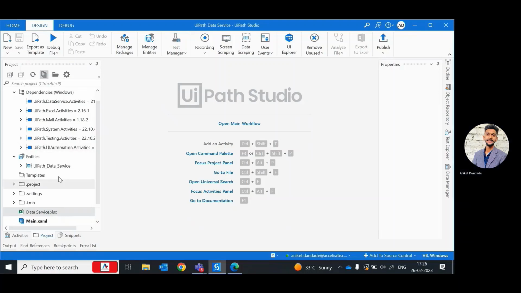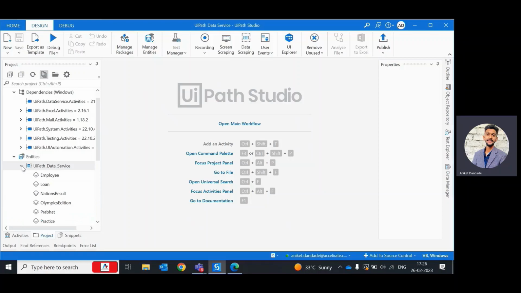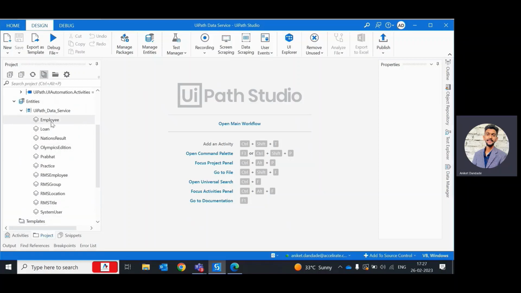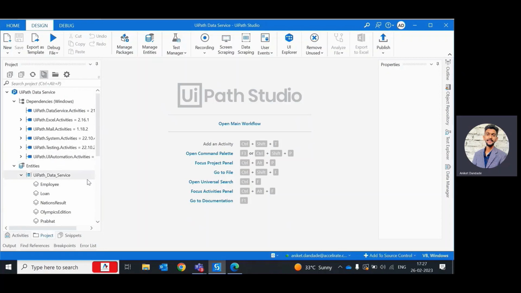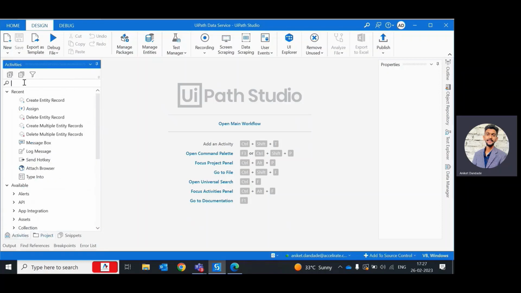Now you can see under entities, you have part underscore data service and here all the entities have been populated. You can see employee loan, nations results and so on. Now what first we will do, we will take one